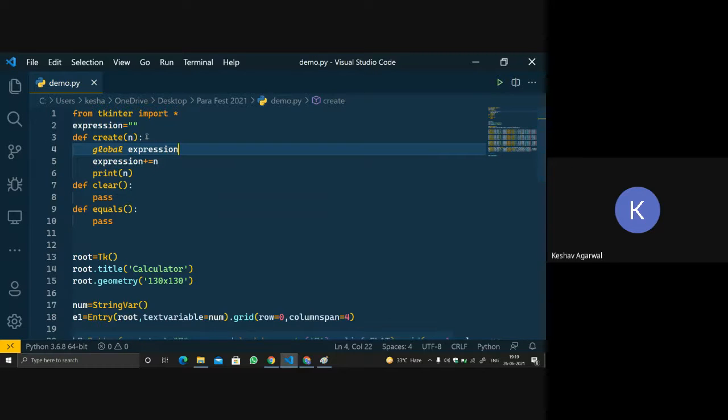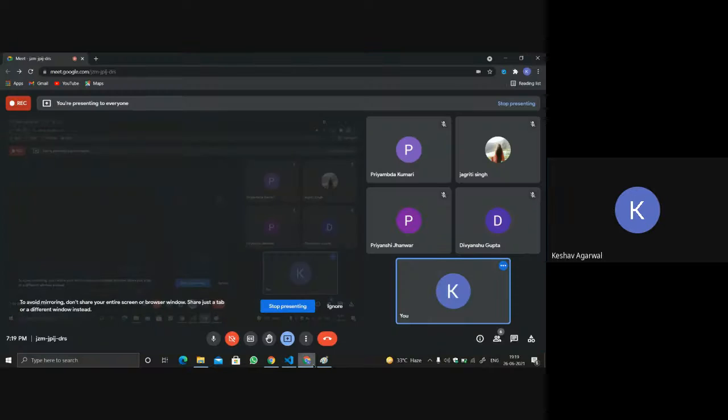Okay, and before using the expression keyword, we have to use global expression. Now, what is global expression? We are telling that we are using global expression because, see, this particular word expression is outside the def, like it's outside the scope of the create function, right? So we want changes to be made into expression, and to make those changes reflected, whenever we add anything, we want that particular change to be reflected into this expression. So for that, we use the global keyword. Okay, is it clear why we use a global keyword? Or should I repeat? Yeah, repeat once again.